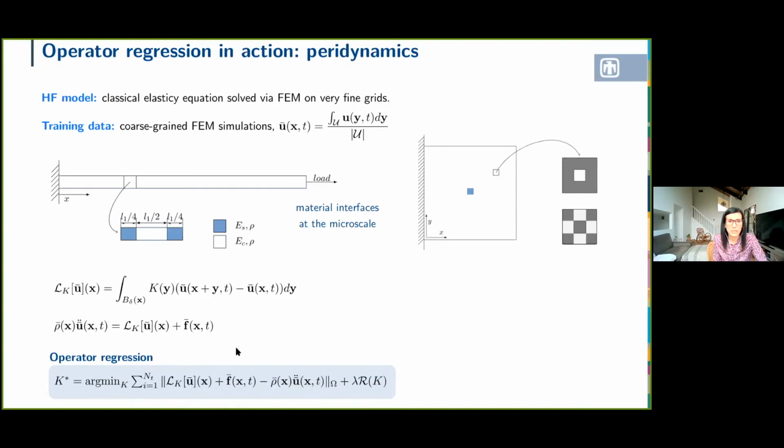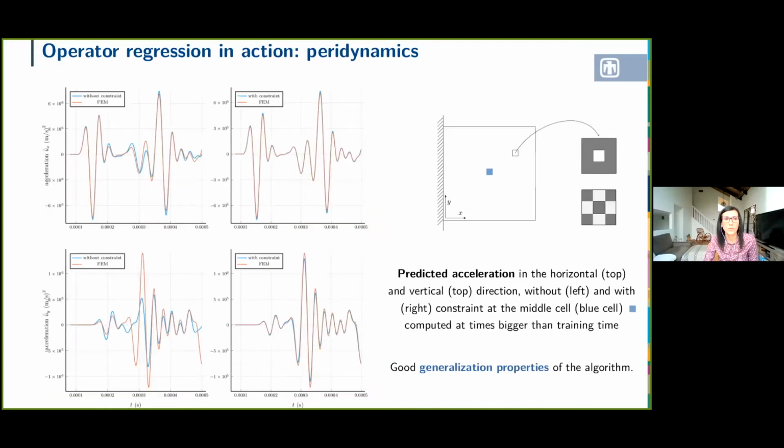So we're going to minimize the L2 norm of the non-local equation. Here in this work, the main novelty was the additional regularization term. And we call it energy constraint because basically what we're doing is to penalize the difference between the actual energy of the system and the computed energy of the system. And what I'm going to show in the next slide is that the addition of this constraint really makes the difference in terms of learning, especially when we test our optimal kernel on a new set of data